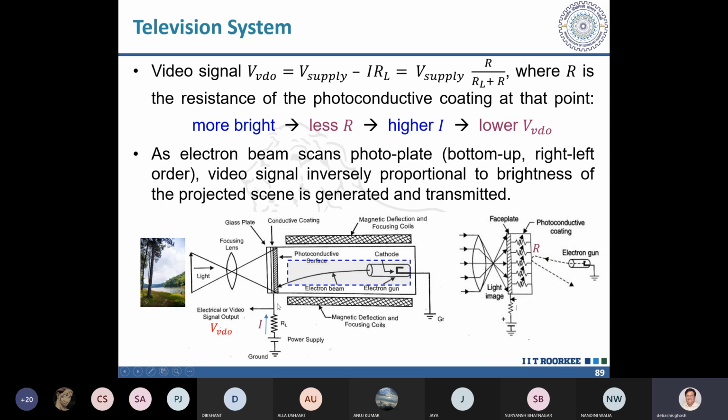Now how is this electron gun scanning? Obviously you will need something to change the direction of the electron gun. You have two horizontal magnetic deflection plates. The magnetic field will be changed in these deflection plates, and when the magnetic field changes, the electron beam direction also changes. So the direction of the electron beam is changed by changing the magnetic field in these two horizontal plates. Accordingly, the electron gun can move up and down.